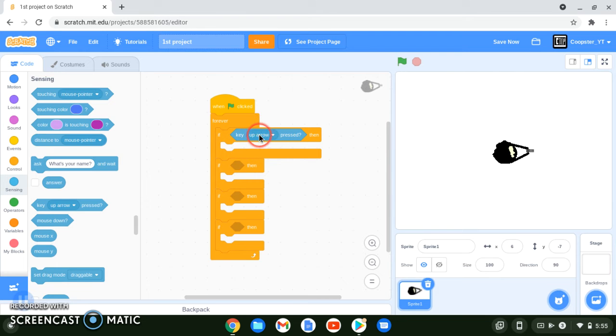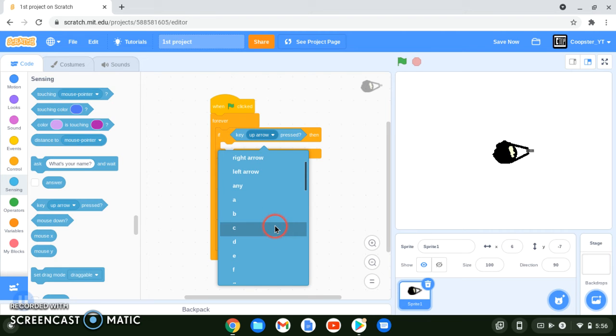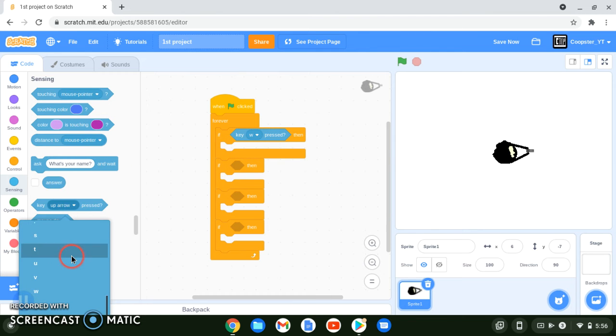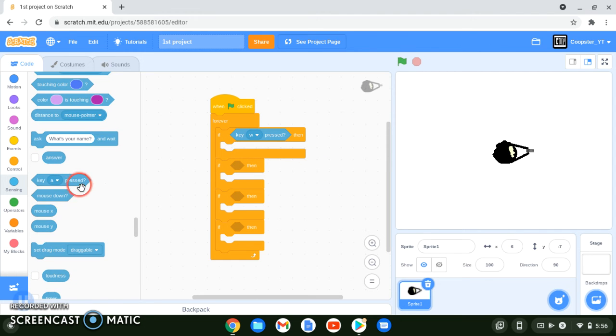Some people don't have stuff like this, so most people would like to use WASD keys. So up arrow, W usually, and then going left would be A,